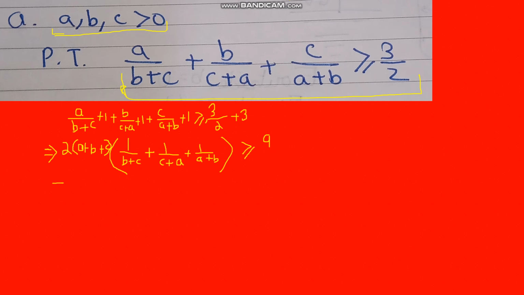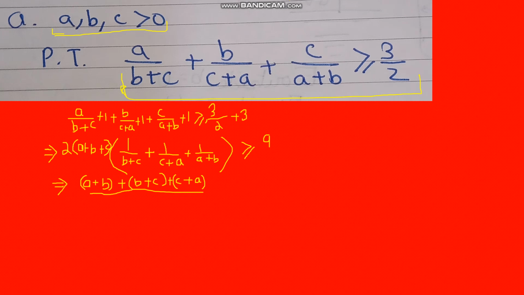Let me see what can be done ahead. 2ab, this can be written as 2a plus b plus c can be written as (a plus b) plus (b plus c), this is (b plus c) plus (c plus a). Here will be a plus sign, c plus a,